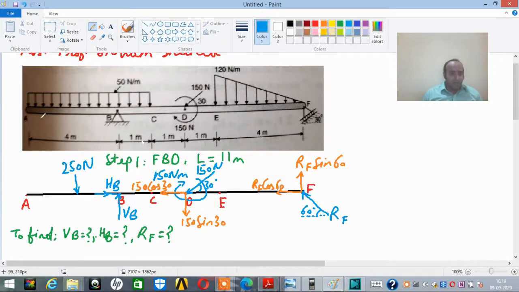So the total rectangular loading is 4 plus 1, that is 5 meters, acting at the center, which means from the extreme end it will be acting at a distance of 2.5 meters. It will be easier for me to show the distances one by one, so just let me mark the distances so that it becomes easier to locate them, and then I can cross verify whether the distances I have shown are correct or not.